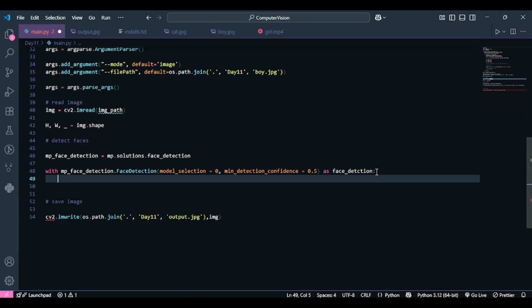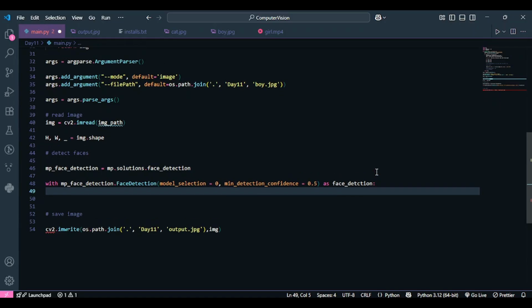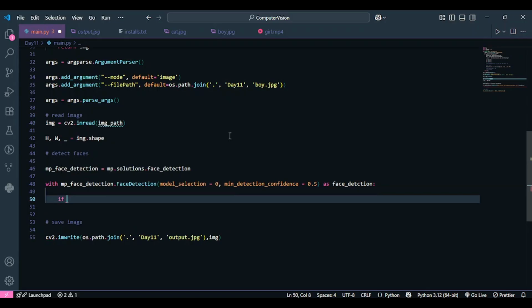Okay, now that I have done this, I'm going to come back inside my model in which I have to process the image, or in which I have to detect the image. And now I am going to use my arguments in order to see whether it's an image or not. Because if the mode is an image, only then I am going to process that image. If it's a video, the processing will obviously be a little bit different. So I'm using an if condition over here.